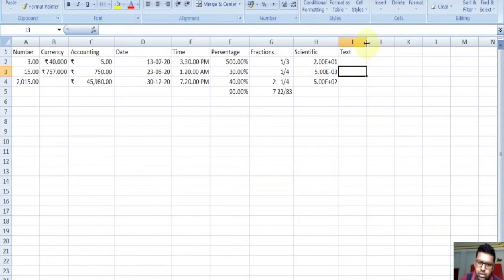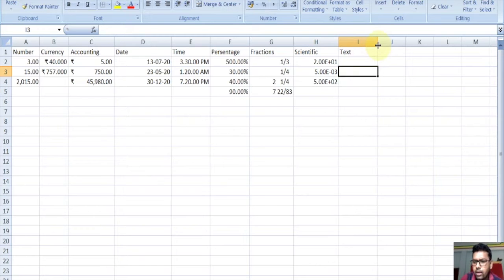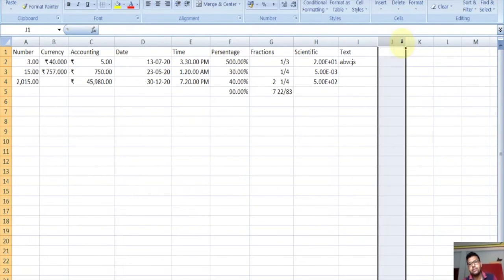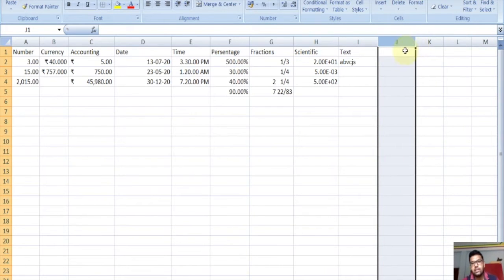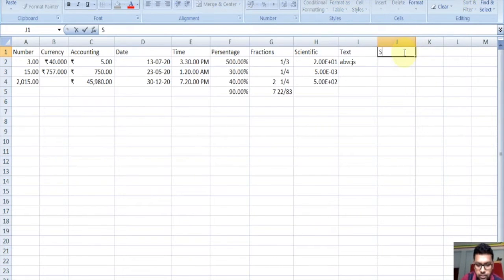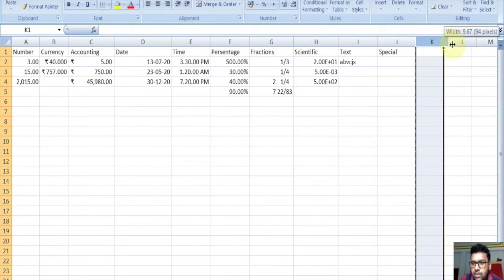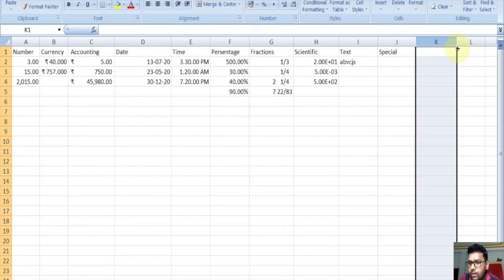We can also use numbers, but they will not be calculated. Suppose we can use A, B, C, D, etc. We can use text here. And after that a special symbol is there. Actually the special symbol is only for Americans because the software is American.